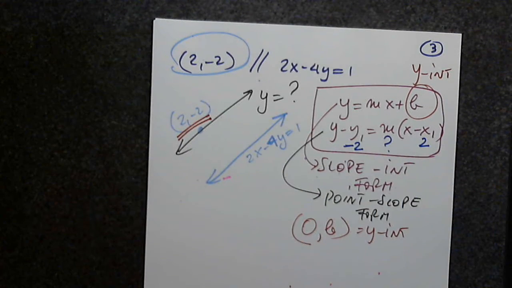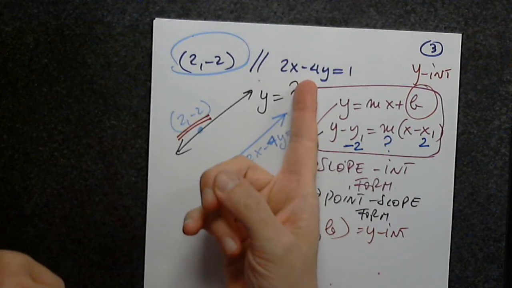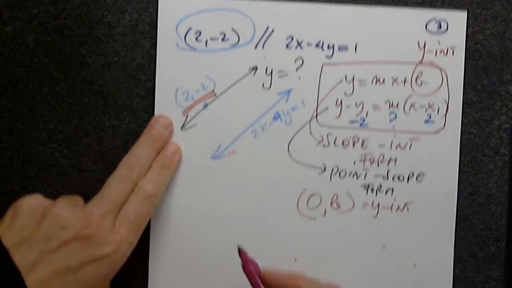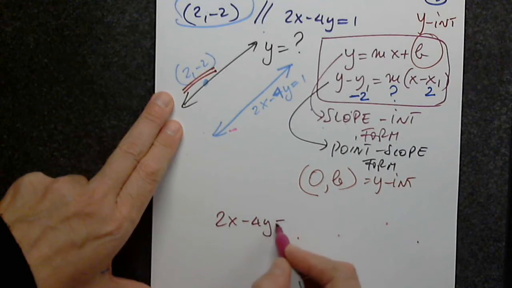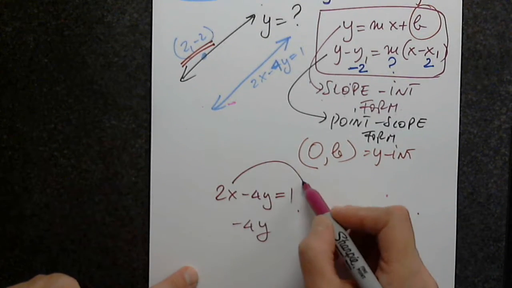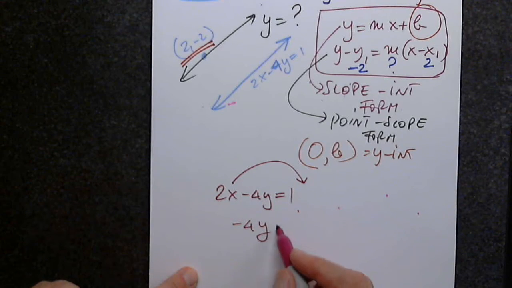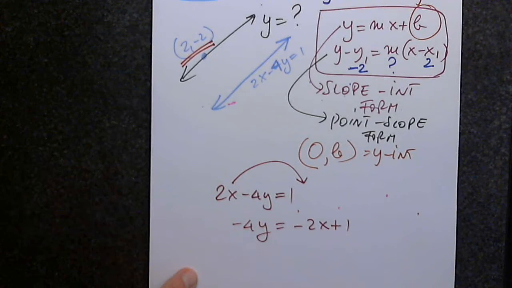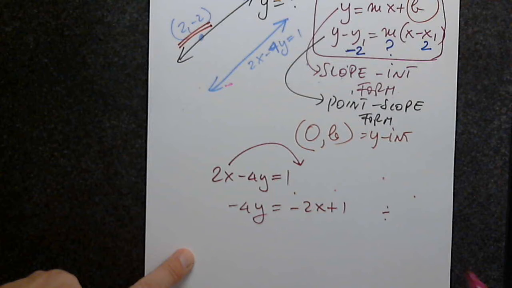But I am missing a piece of the puzzle. What am I missing? Excellent. How do I determine the slope? Yes, we will solve this equation for y. So 2x minus 4y equals 1. For negative 4y, we will be moving 2x to the other side: negative 2x plus 1. And now we will divide both sides by